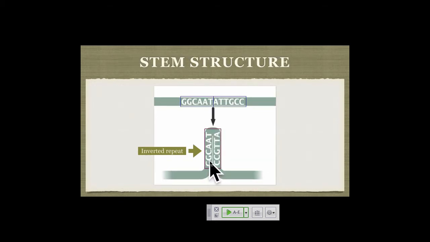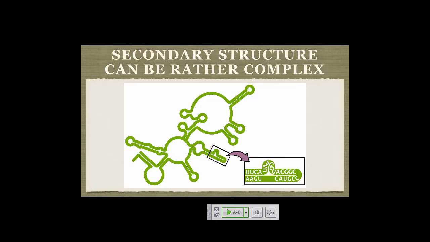If you don't have a few nucleotides between them, then you can get these stem structures. It's the same thing, except now the inverted repeat is perfectly complementary, and there's no nucleotides between it. But as this becomes more complex, and you can take on all sorts of different hairpin structures and loop structures and such, this is where the RNA takes on its tertiary, or basically its three-dimensional structure, and this is what gives functionality to the RNA.